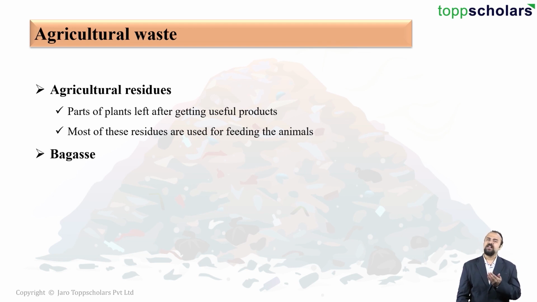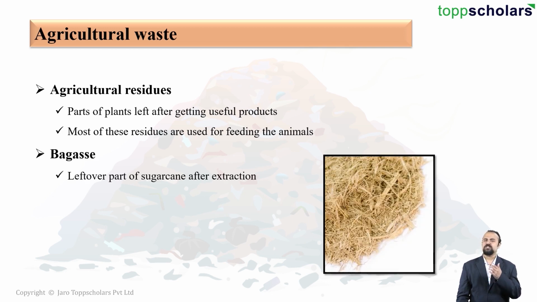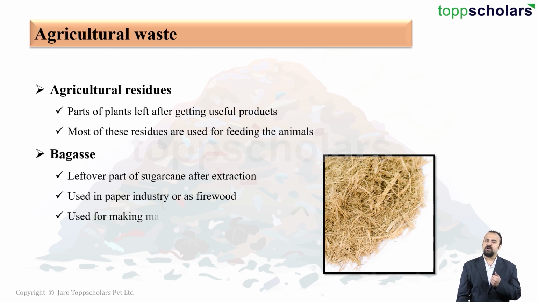Moving on students, next we have an example known as bagasse. What you see here is bagasse. It is the leftover part of sugarcane after extraction of all the juice. Students, this bagasse can be used in the paper industry to make paper, or it can also be used as firewood. Moving on students, it can also be used for making manure, which can be used in